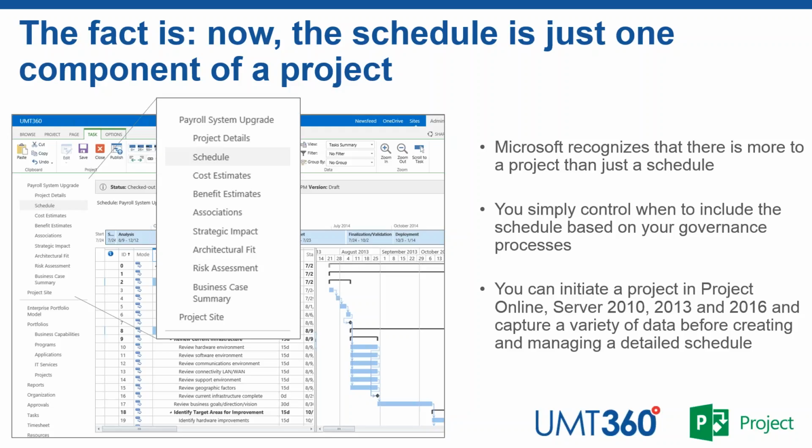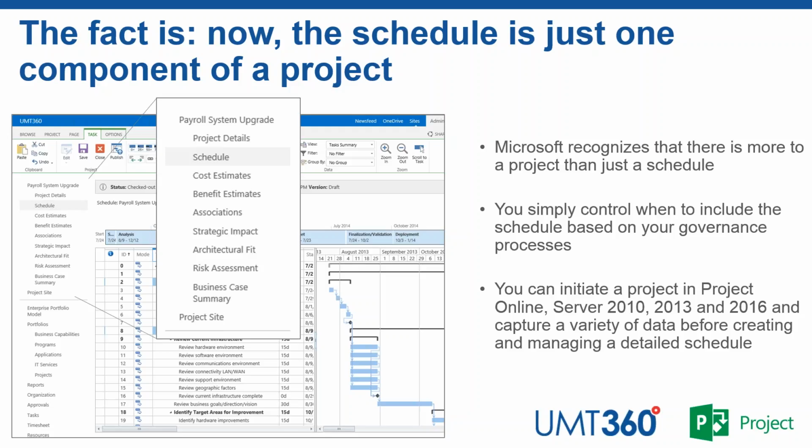So with Project Server 2010, 2013, 2016, and of course Project Online, you get to choose when to display the project schedule based on the governance processes that you configure, based on the process of your organization. So you can decide to start with a schedule. You can introduce the schedule based off a template at different stages in that project's life. This screenshot here, for example, shows the web-based schedule within, in this case, Project Online,